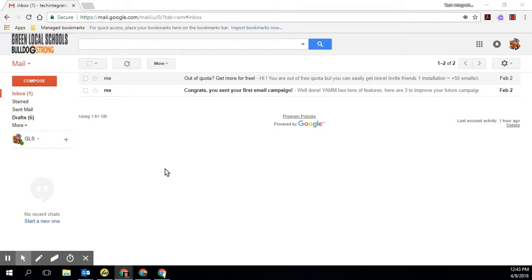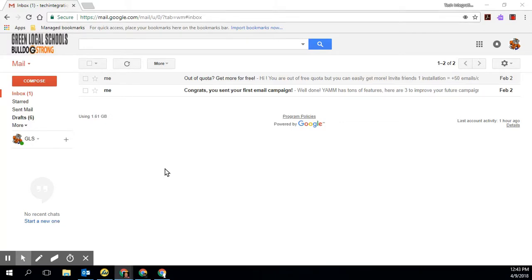One of the biggest differences you're going to notice between Outlook and Gmail is the use of labels. In Outlook, we were accustomed to creating folders and then moving various emails into different folders to organize our emails. In Gmail, you're going to have to get used to using labels. Labels work and act very similarly to folders, but there are a few differences that we will highlight here in